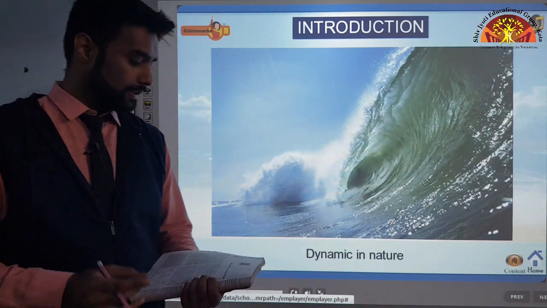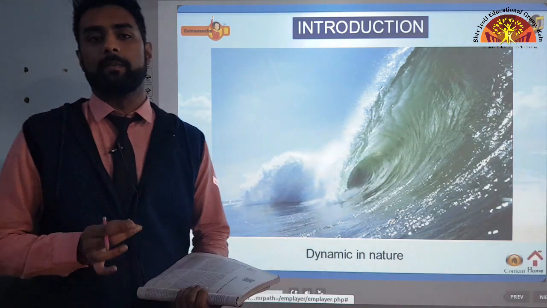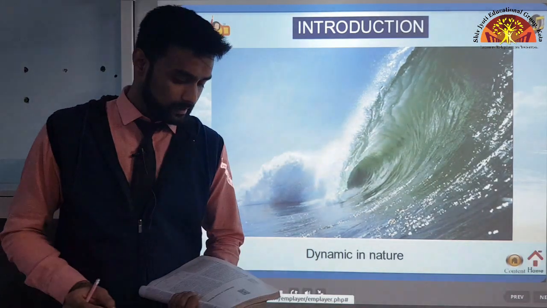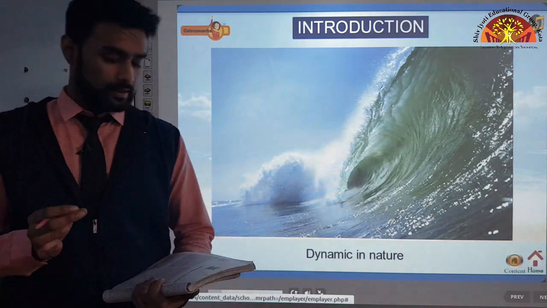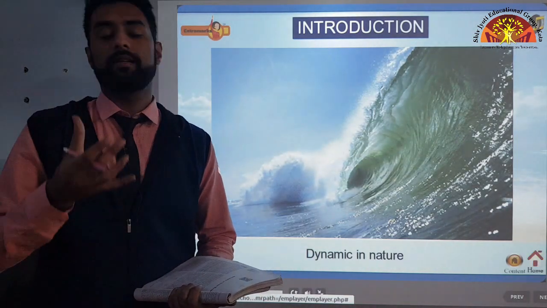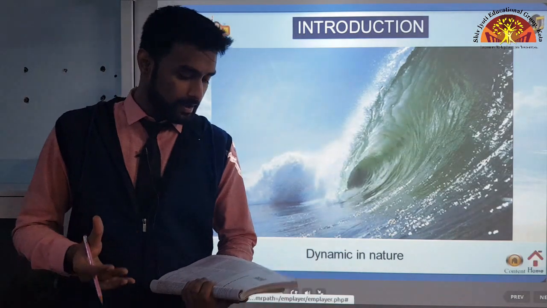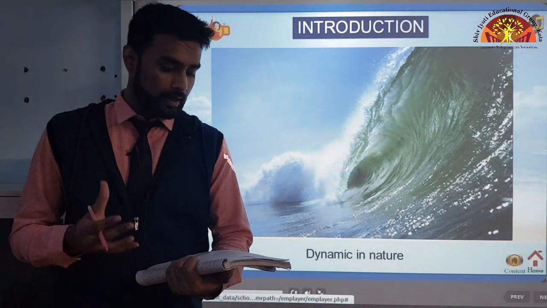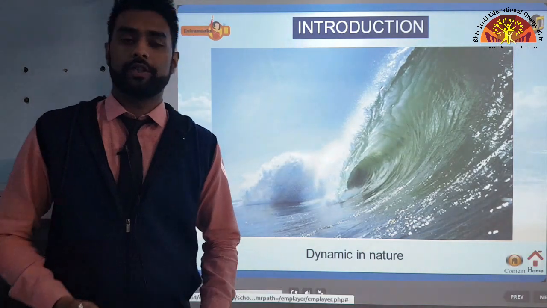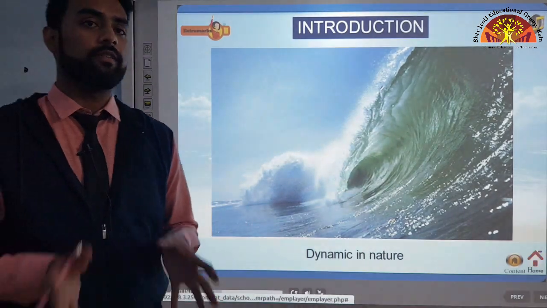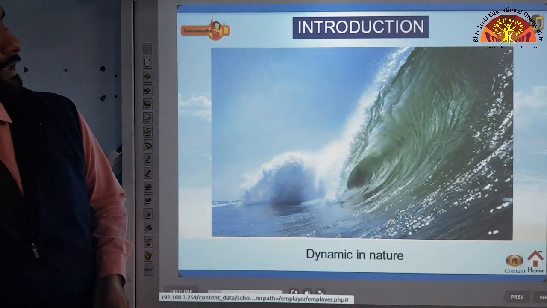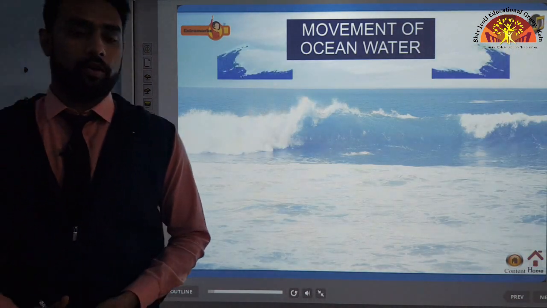As you can see, it is written here, the ocean water is dynamic. What is dynamic? That means the ocean water is ever changing, it is not still. Okay, so its physical characteristics like temperature, salinity, salinity means the amount of salt it has in it, density, and the external forces like that of the sun, moon and the wind influence the movements of ocean water. So there are a lot of things which influence the movements of ocean water. So let us see how many types of movements are there in the ocean water.